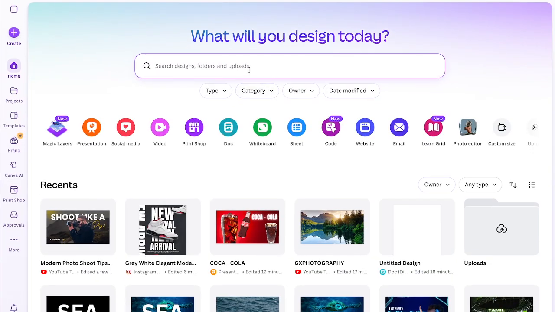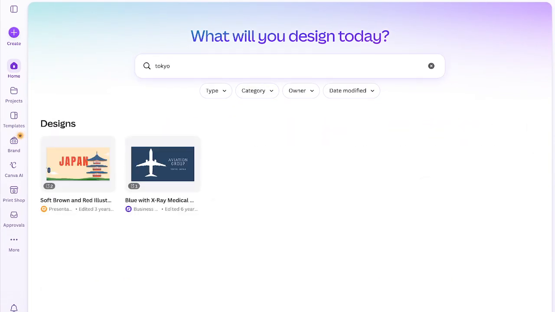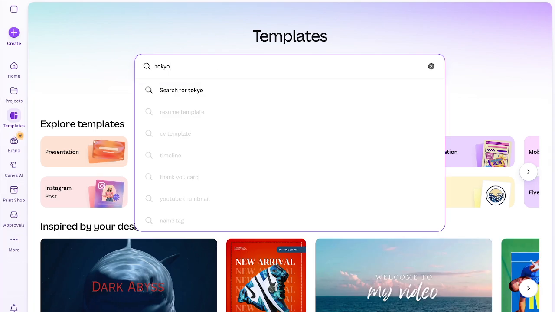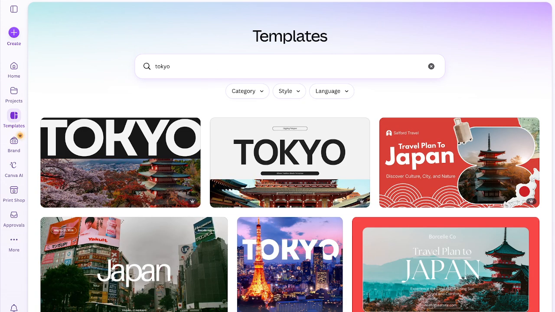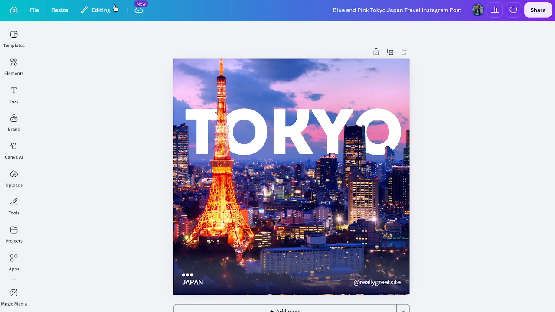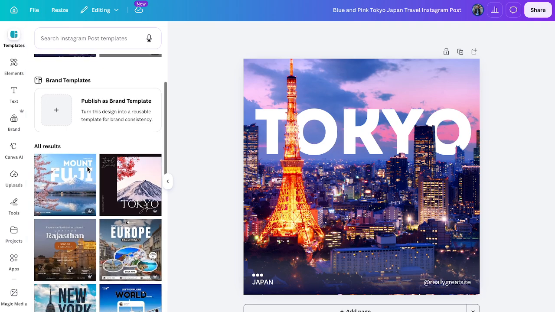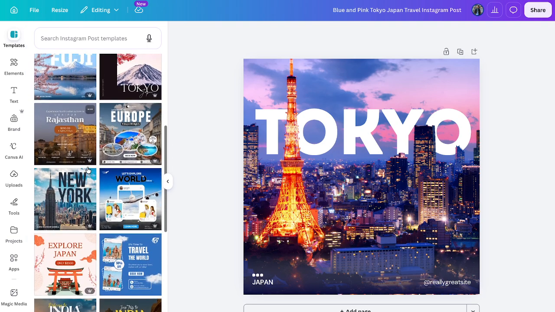So firstly, we can just search anything. Let's say go to templates, Tokyo. How do we animate a text for social media use? So after this, we can just go here. We select this design, and actually it's pretty simple. You can add some pages as well, say Tokyo,